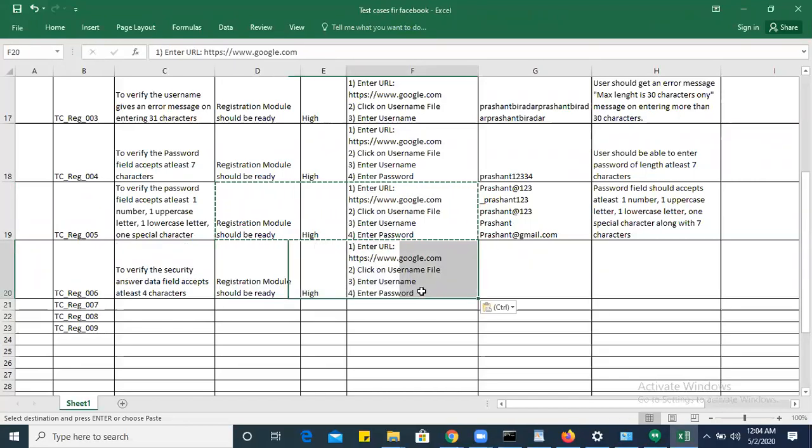So enter the password. After that, we need to choose the first security question, right?